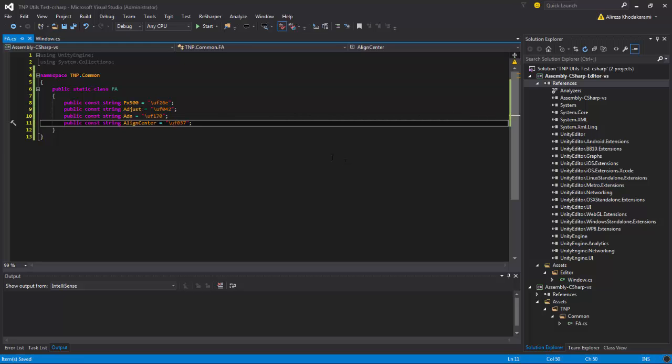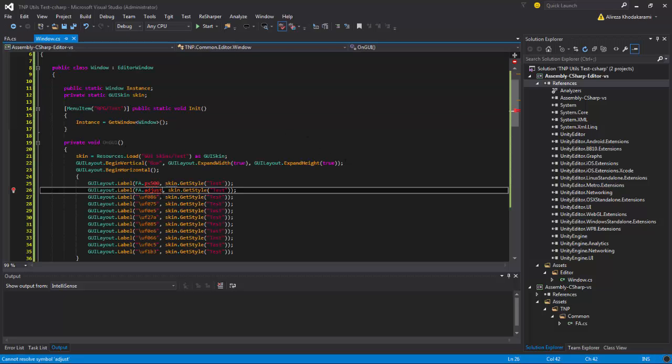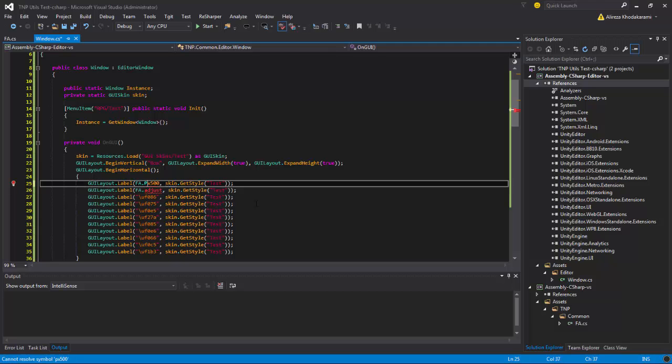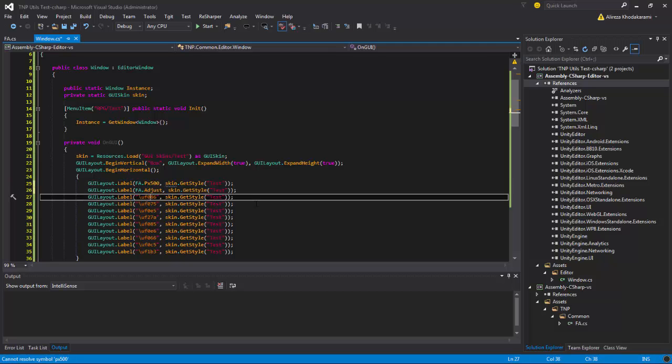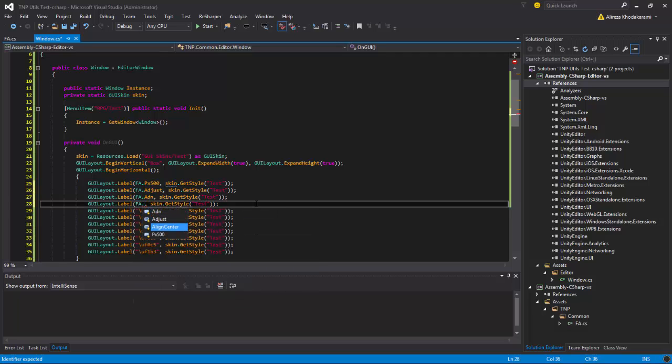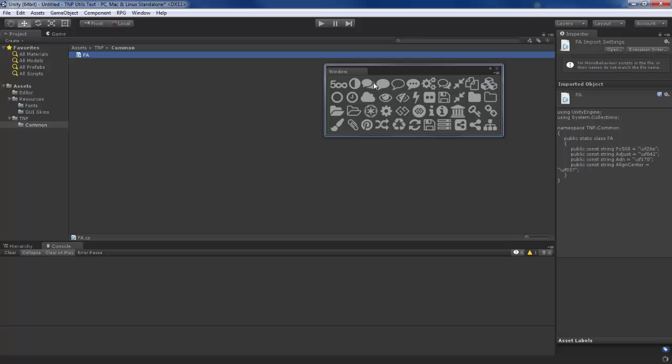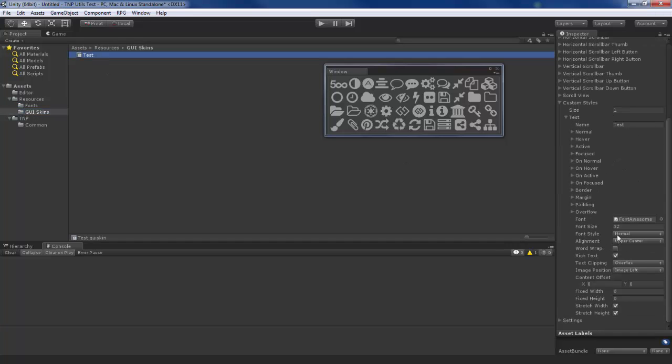037, and I just finished 4 of them. So capitals fa.adn, fa.align center, and I suddenly get these two changed. There we go. So, and by the way, because they are font, you can say that I want bold, or